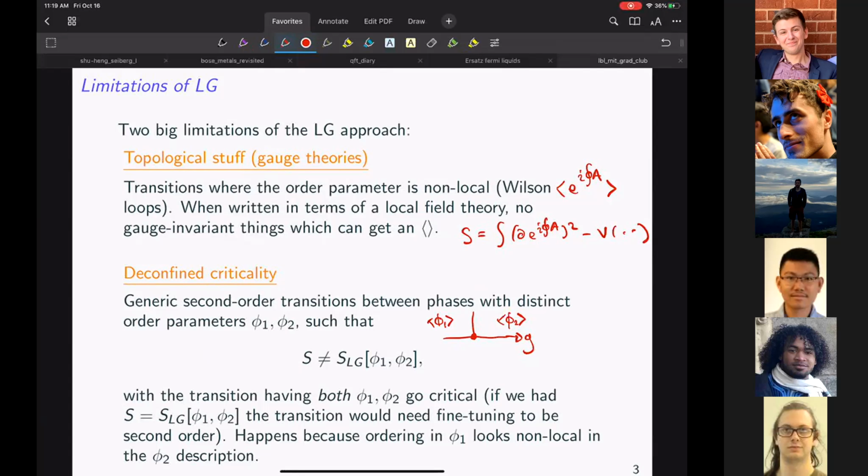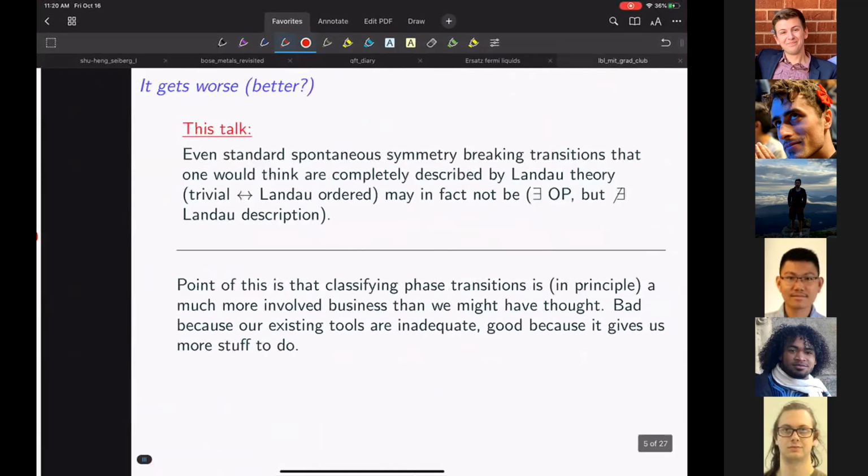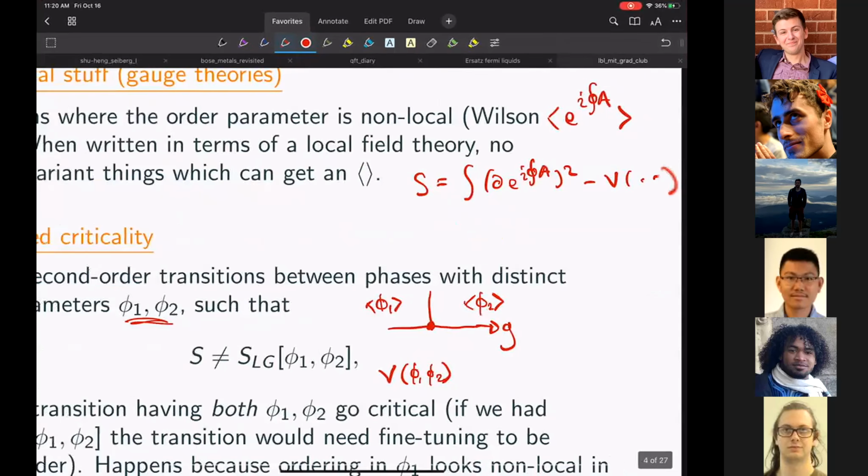So suppose we have some situation where we have these two order parameters, and we're considering a phase transition where they both go critical at the same time, right? Well, if we were going to write down some kind of Landau-Ginzburg action for this scenario, we'd have to write down some potential for phi 1, phi 2 that would appear in the action, right? Oh, sorry. But this potential,